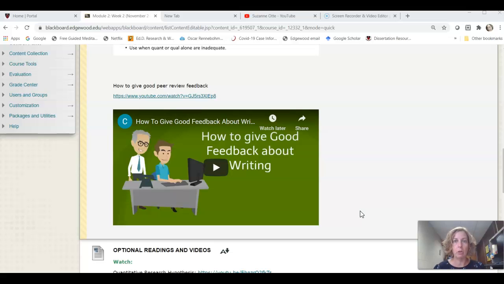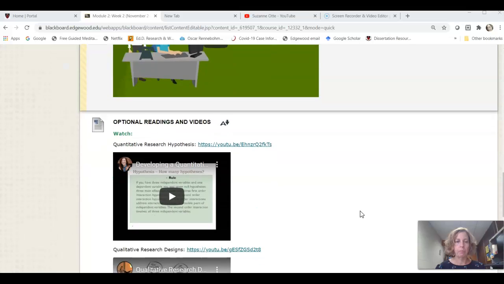So should you meet in your small groups, you'll have a good understanding of how to provide that feedback. And remember, it should be kind and it should be respectful. And it should also be critical in a very good way because you want to help your classmate, your cohort member, to improve their study. And so you have to remember that balance between being truthful and kind and also critical.